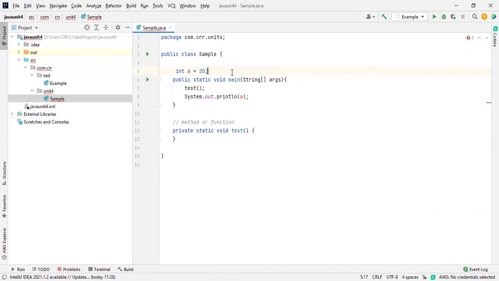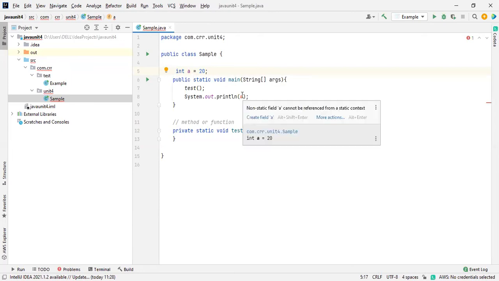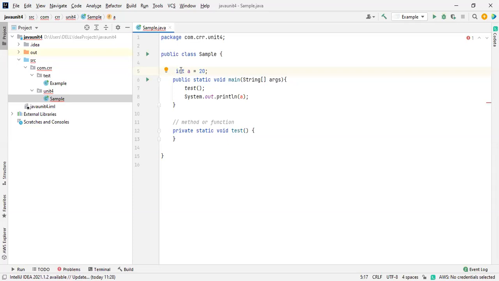So every time after the completion of the 5th unit, we will for sure go for the mini project. I will complete it within 10 to 15 days. After the completion of that, we'll go for 5 sessions. Only 5 sessions is enough. Try this one and explain this in the interview. For sure, you will get a job. Okay. So see this one. It is not possible. You have to mention static over here.